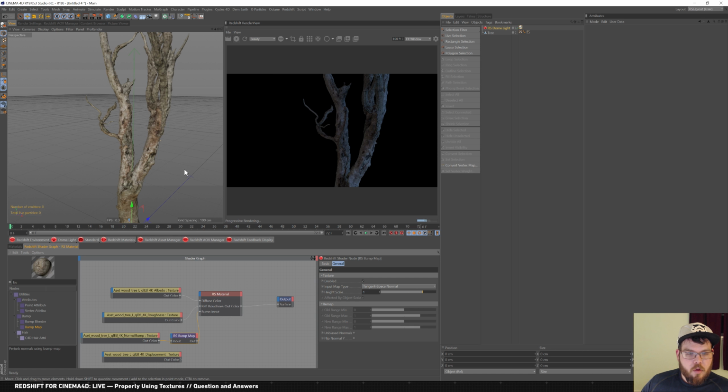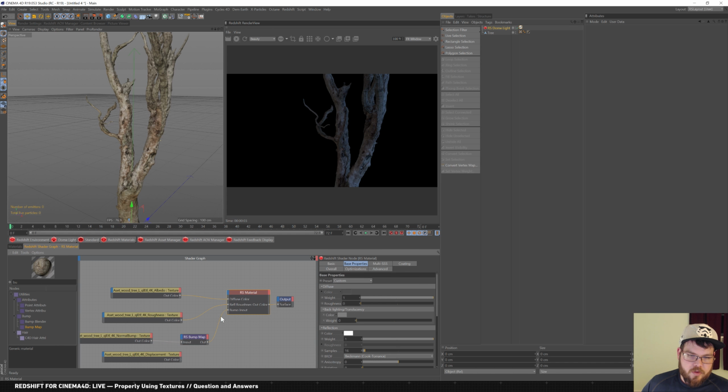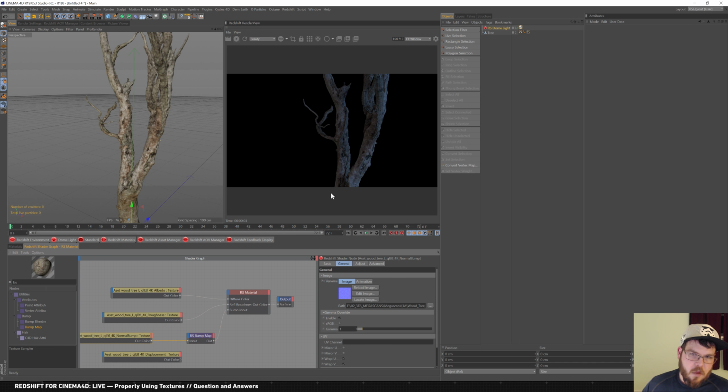I'm going to go into Photoshop in just a second and take a look, but I think what we're going to have to do is remap this texture just so we get some negative bump on there too, and we have to do that with the displacement as well. So let's do a